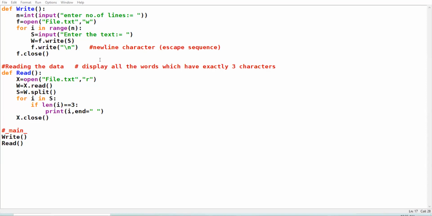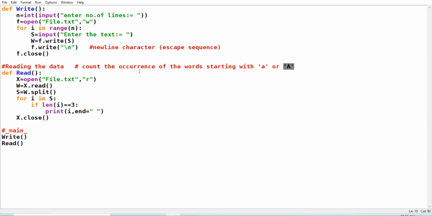Count the occurrence of the words starting with A. All the words which are starting with capital A or small a, you have to count the occurrence of those words.